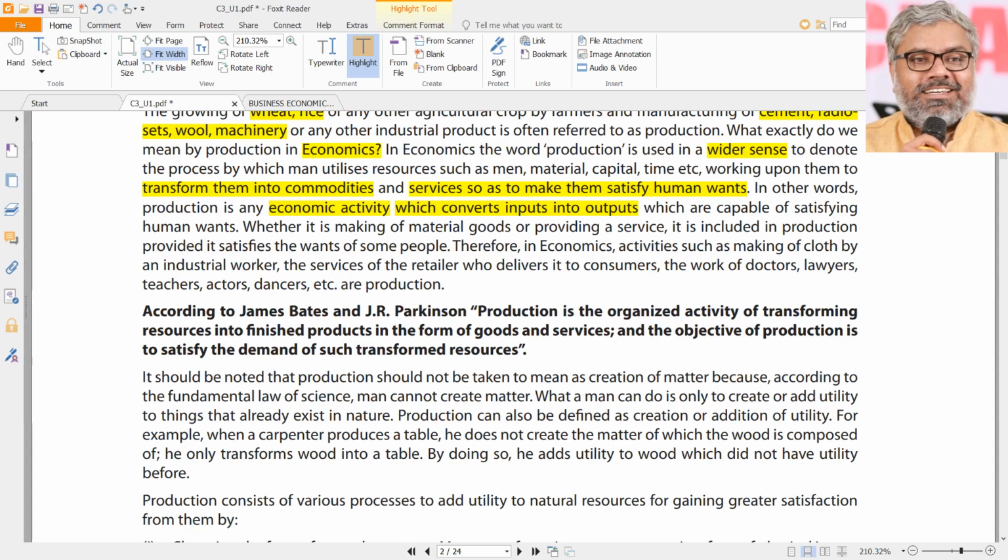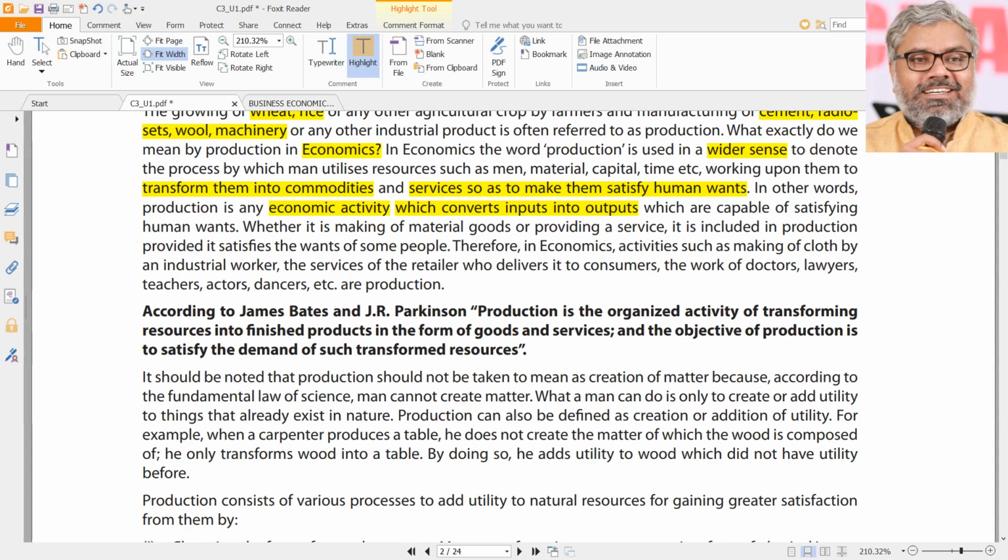So naturally one more question comes: sir, what is this economic activity? Is every activity an economic activity? Once again, the answer is no. Let us say atta is converted into chapati. Yes, that is an activity for sure. If your mother is doing that, is it also an economic activity? From an economics perspective, the answer is no. It is not, whether we like it or not, whether we agree with it or not.